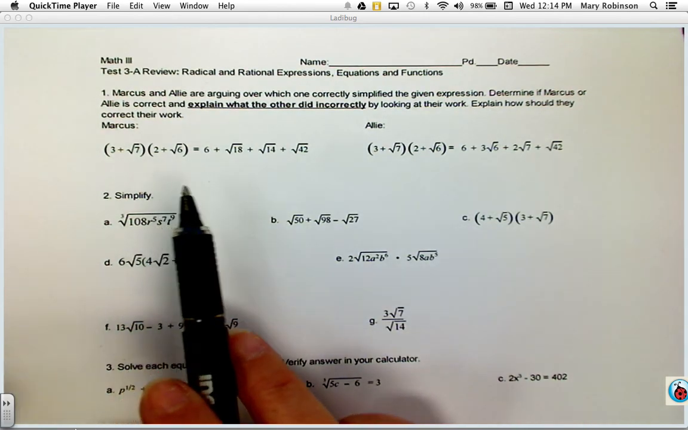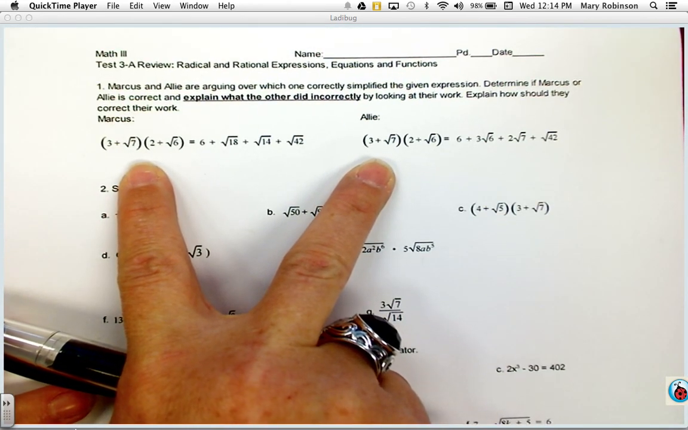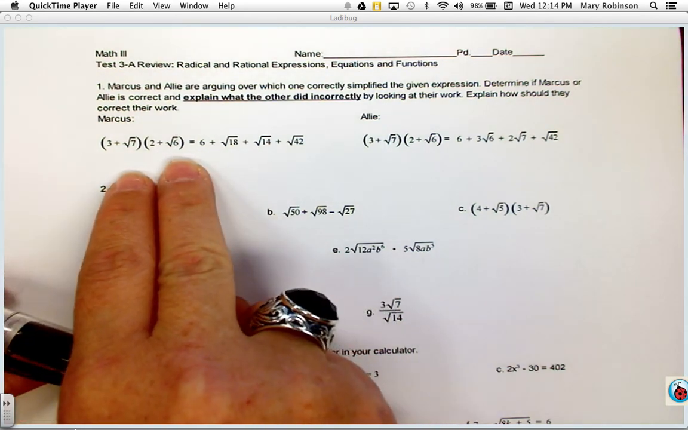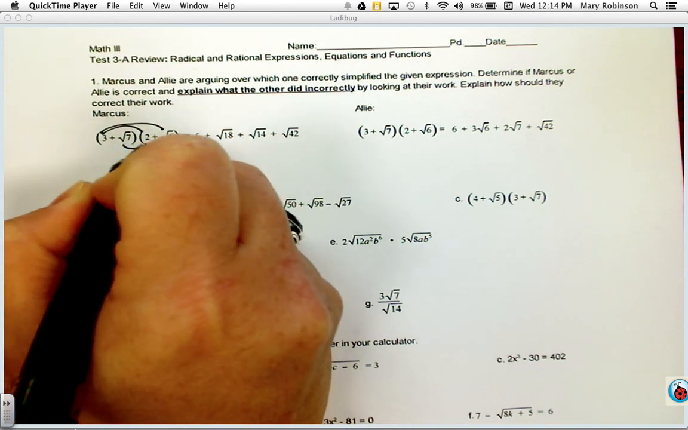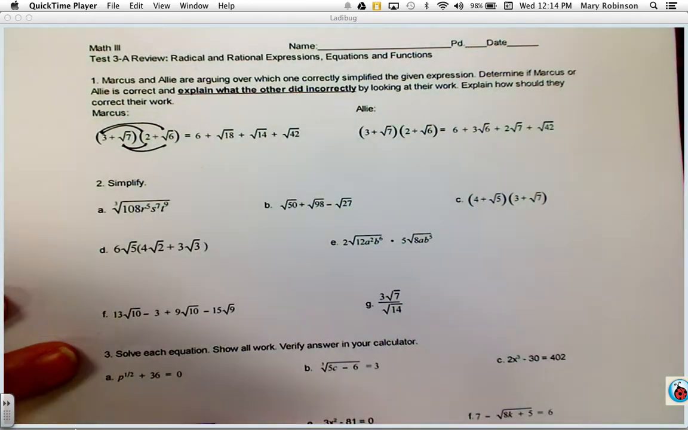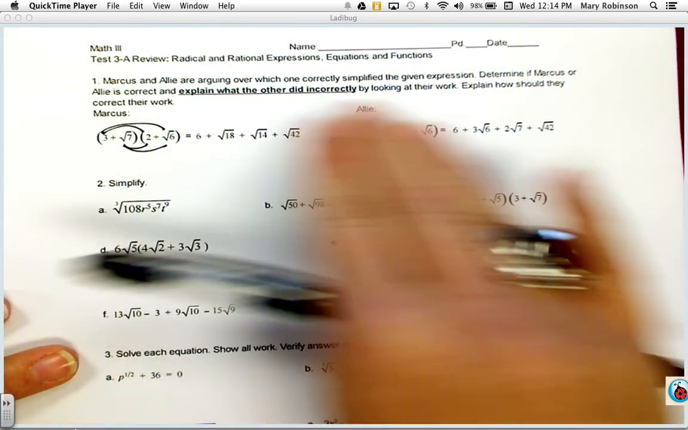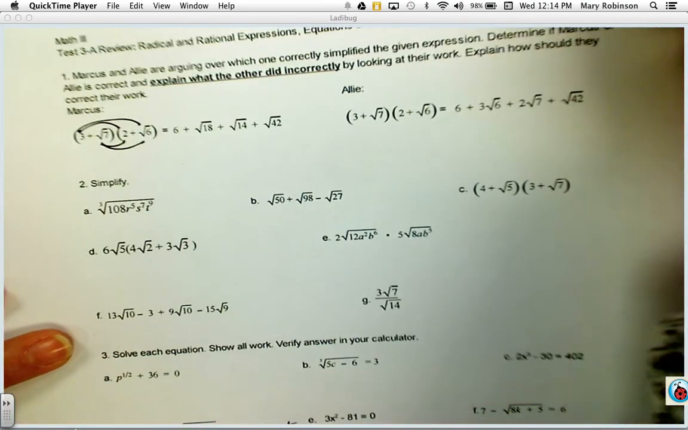If we take a look at the problem, we can see that we have to multiply. We've got a binomial times a binomial. When we multiply two binomials, we end up distributing twice. So we need to find the one that's correctly distributed. It may be helpful to not look at either one of their work and just work out the problem. So if we work out